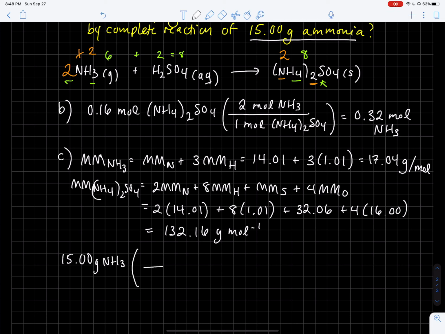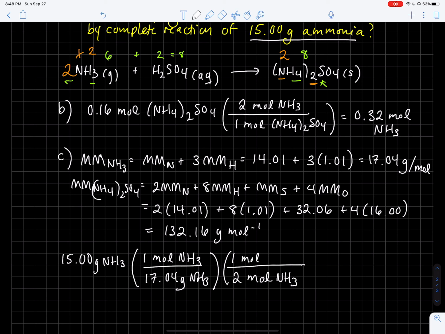I need to change it to ammonium sulfate, so first I need to change it to moles of ammonia using the molar mass. So that will get us to moles of ammonia. And then our ratio from the balanced equation is that I have 2 moles of ammonia for every 1 mole of